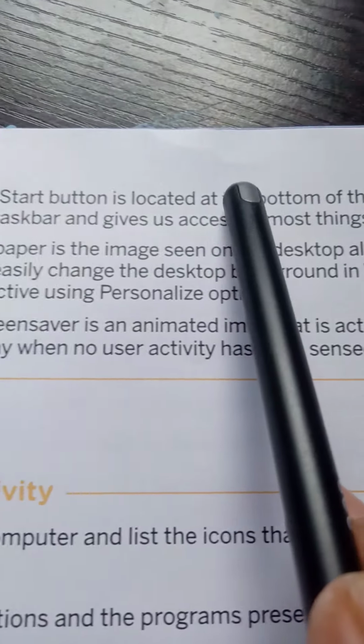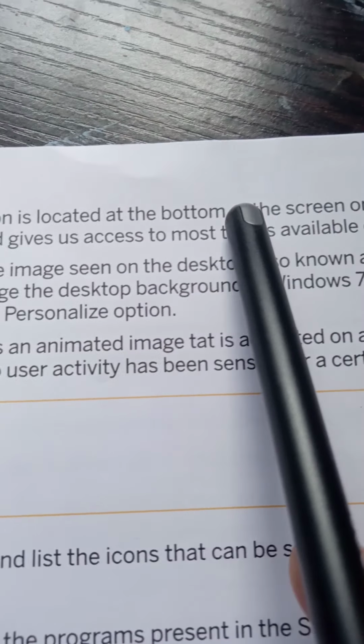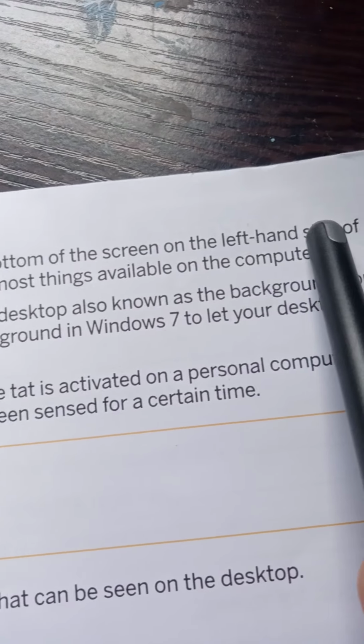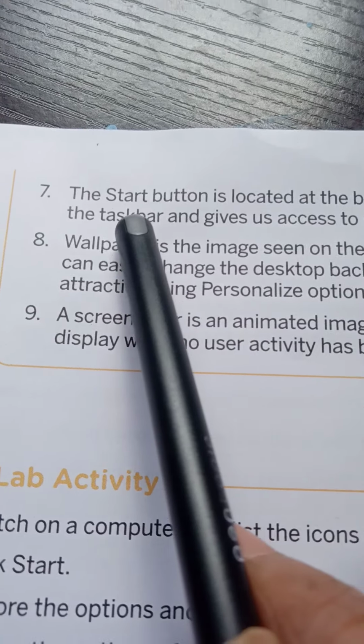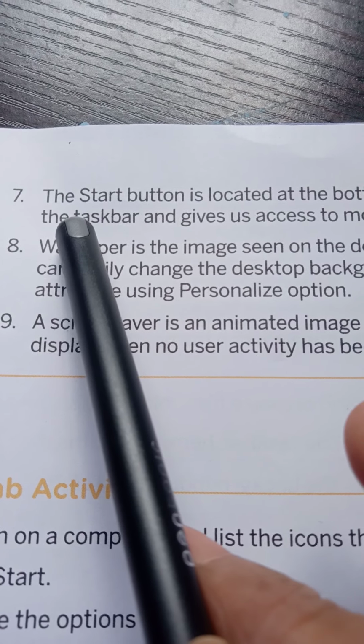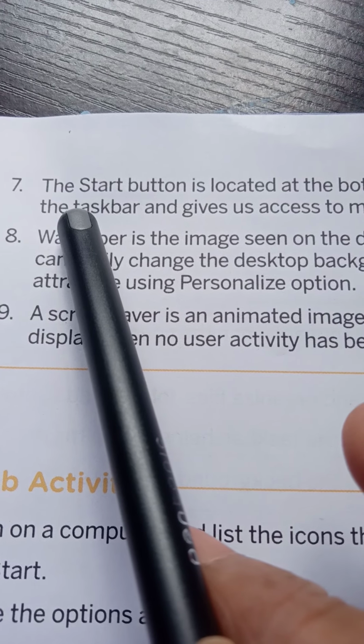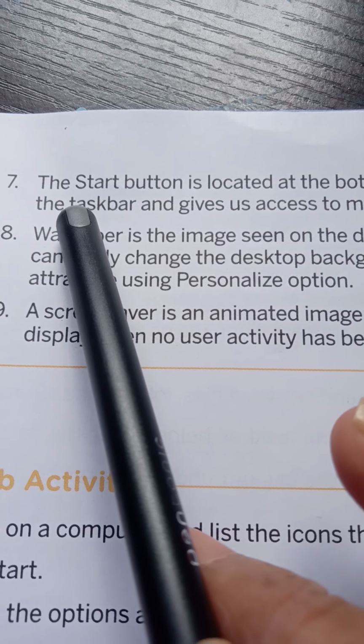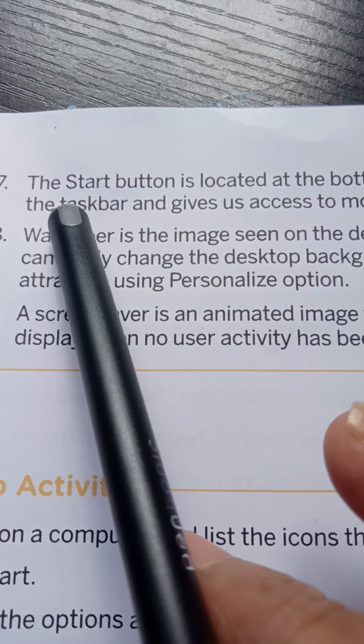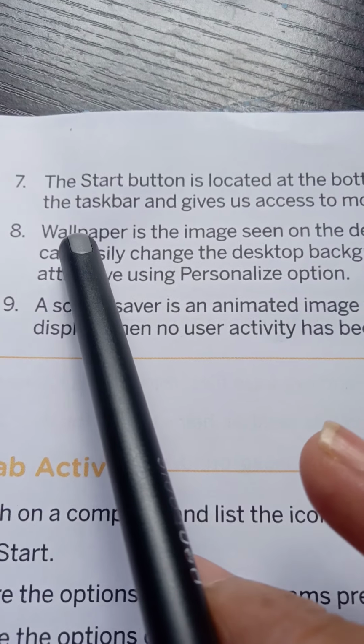The Start button is located at the bottom of the screen on the left hand side of the taskbar. We have discussed about this. Wallpaper is the image seen on the desktop, also known as the background.